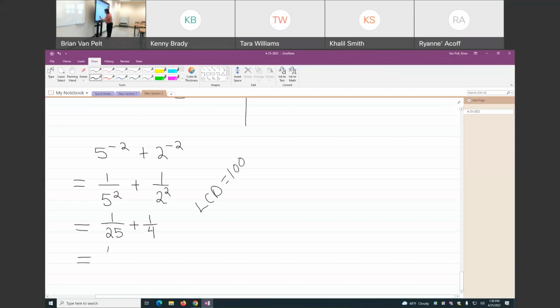So I'll write this first one as 4/100, and the other one is 25/100. Let me pause. Do you guys understand how I got those? First fraction I had to multiply by 4, second fraction I had to multiply by 25. Now, since they have the same denominators,